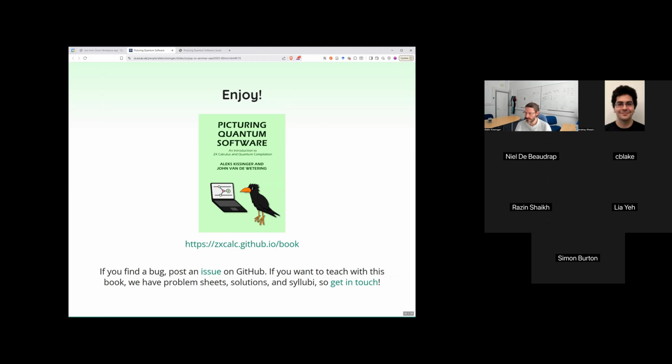I saw that Konstantinos asked, has the QEC part become software yet? Or are students or engineers working on that? There are some QEC things implemented in PyZX, but I think there's no unified framework yet. I know various people, including Leah, have been talking about incorporating ZX QEC features into ZX Live. I think there's interesting stuff to do there. People are working on it, but it's not a finished product.